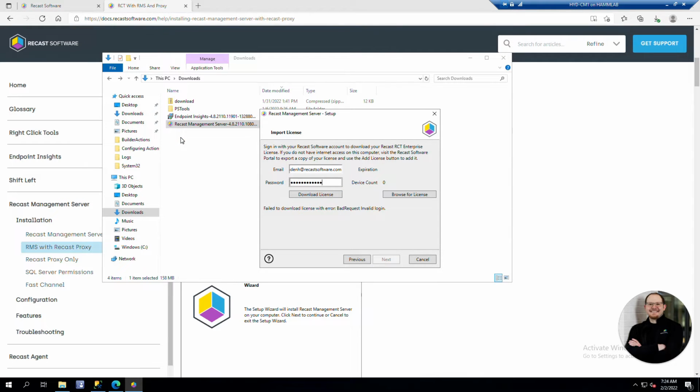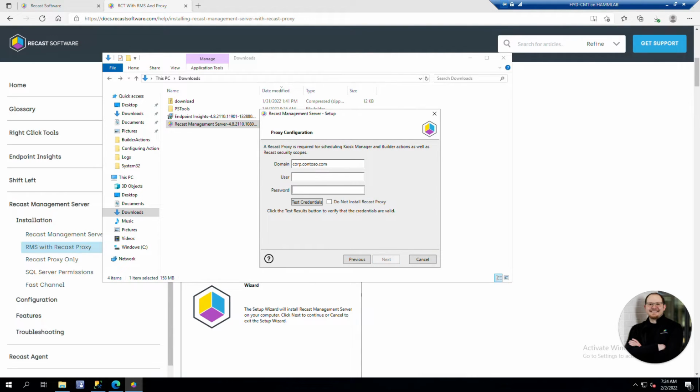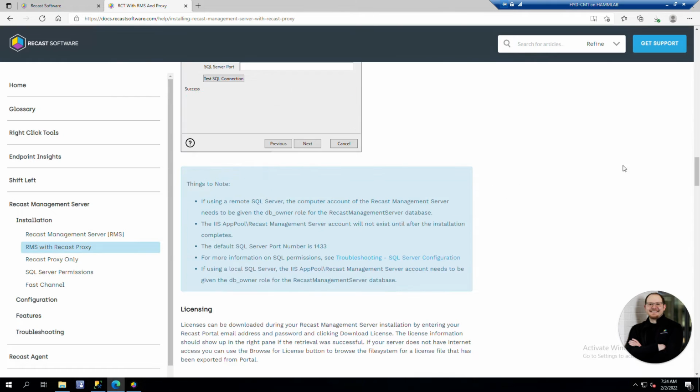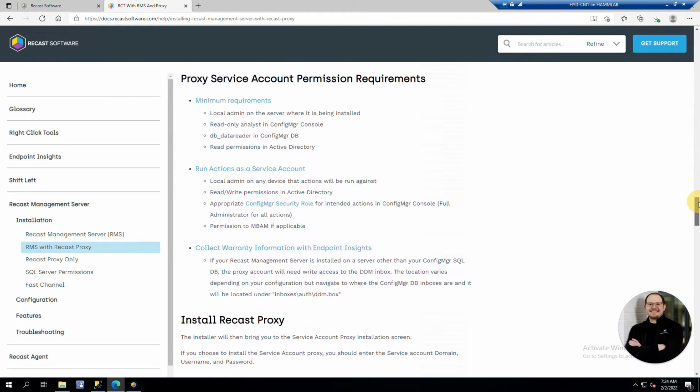There we go. Cool. This will be for the proxy. Let's take a look at the proxy requirements here before we actually go to this step. The proxy will require a pre-created service account. There's a few different ways you can use the proxy. If you're just going to use it for things like the dashboard and populating scopes, these are the minimum requirements: local admin on the server where it's installed,